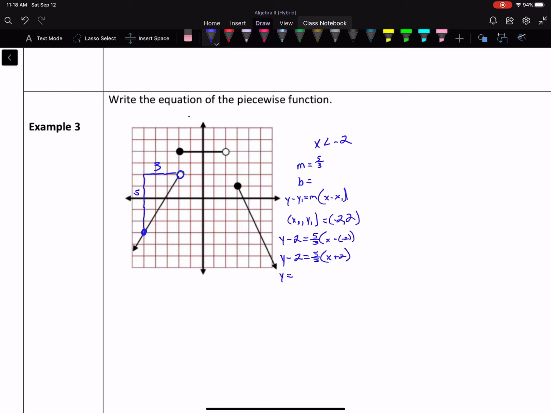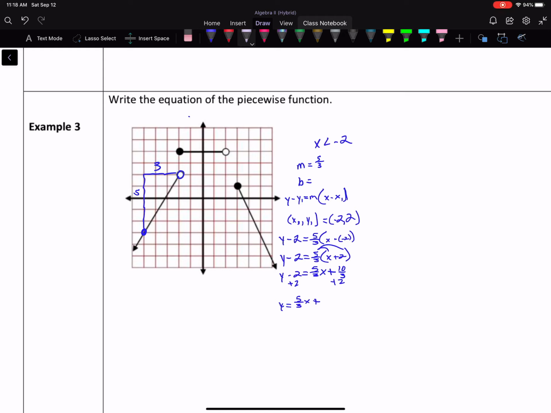Now we have to distribute 5/3. Sweet. So y minus 2 equals 5/3 x plus 10/3. So far, we're good. Let me make sure here. Yep, okay. Go ahead and add 2 to both sides. So y equals 5/3 x plus